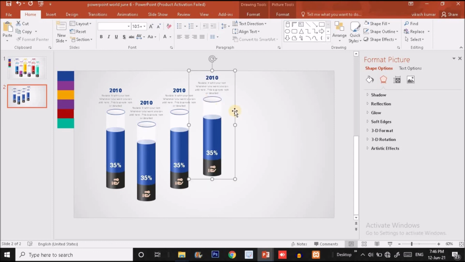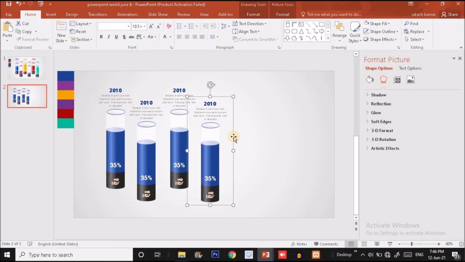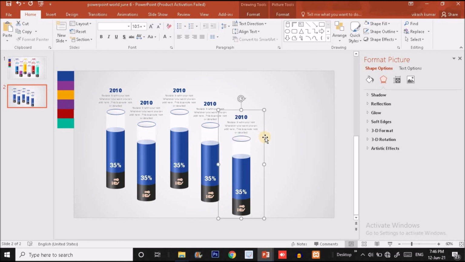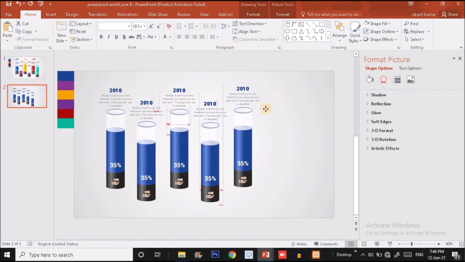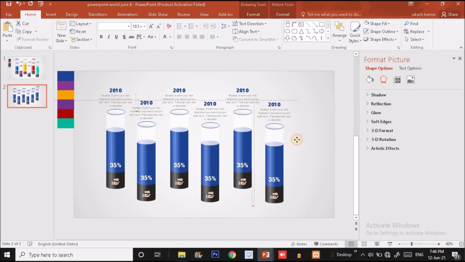Press Ctrl D, put this shape down, press Ctrl D and put this shape over here, press Ctrl D and put this shape something here.